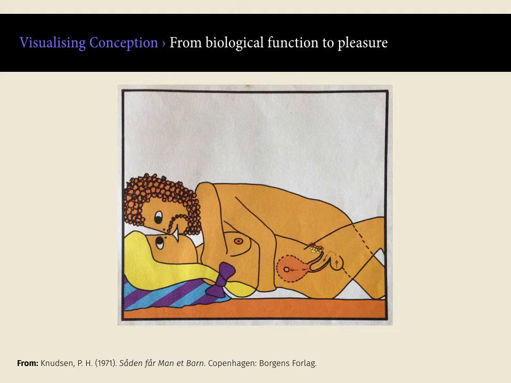Knudsen's book is one of the first, and for a long time only, to show the sexual act itself in a cross-section, and simultaneously he describes the pleasure the men and women are feeling. His book changed the perceptions about the kind of images that are perceived to be acceptable to show young children within sexuality education. It was printed in many languages and is still being reprinted in Denmark today.